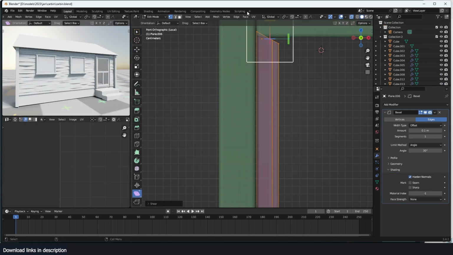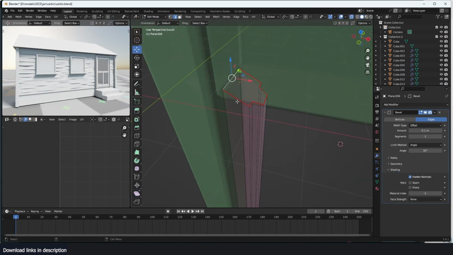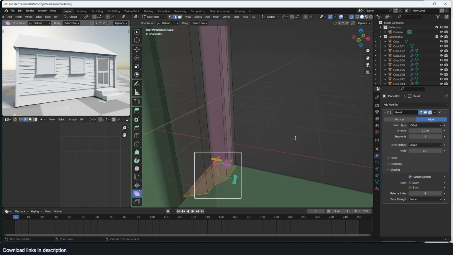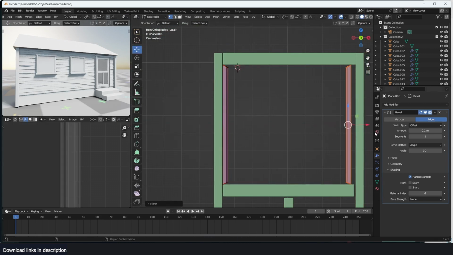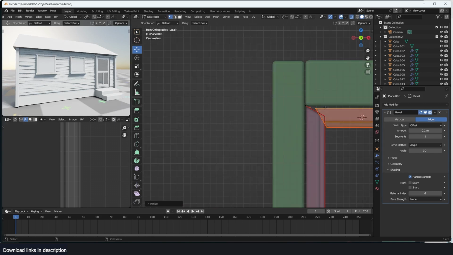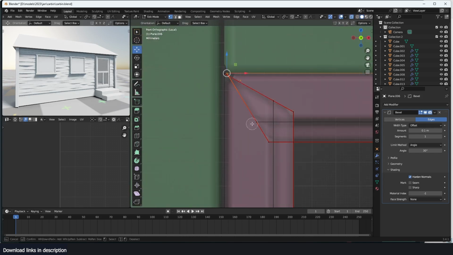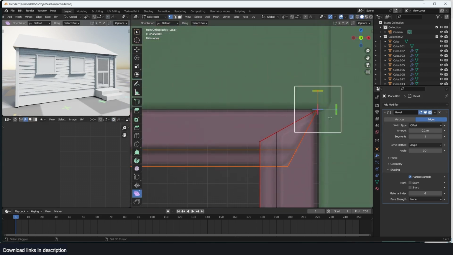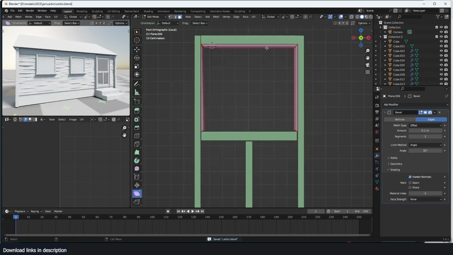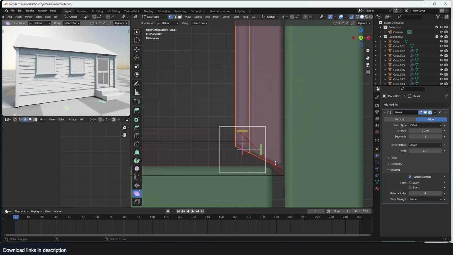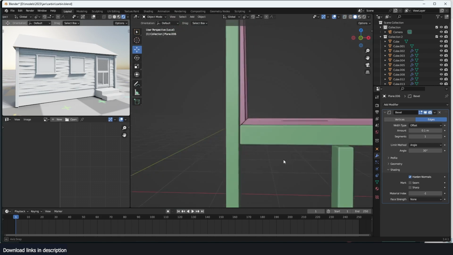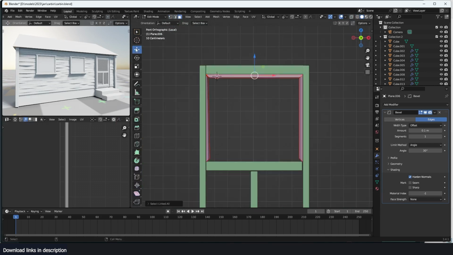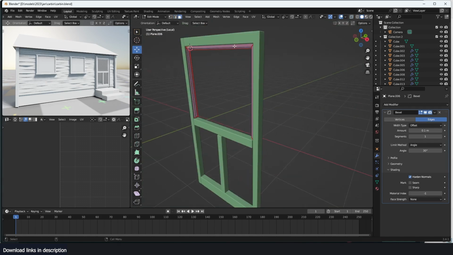I always try to keep the modeling and UV unwrapping together, basically do the UV unwrapping while modeling, instead of making the UV unwrapping stage separate from the modeling stage, because then it's much easier for me to UV unwrap, because most of the time you end up using the same pieces, and if you have those pieces UV unwrapped, then you don't have to worry about UV unwrapping them when you have duplicated them. So yeah, this is me creating a window frame, and that's going to hold the actual